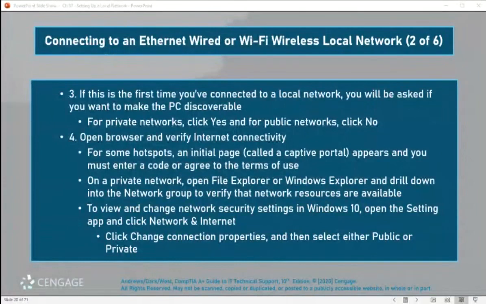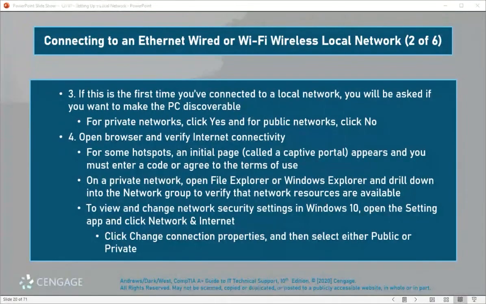Now, if this is the first time you've connected to a local network, there's some privacy stuff that'll pop up. It'll ask you if you want to make the PC discoverable. This means, do we want to show what's in that particular device to anything else on the network? And if we're on a private network, sure, you can do that if you wish. That's how you can access things like printers or scanners or other computers that might be sharing things over that